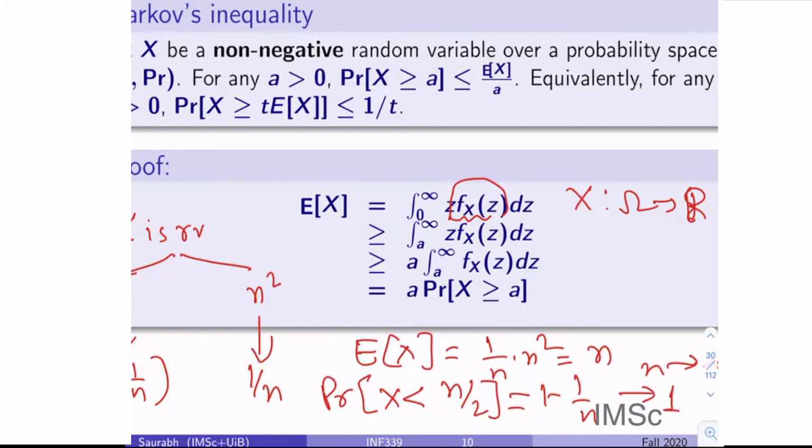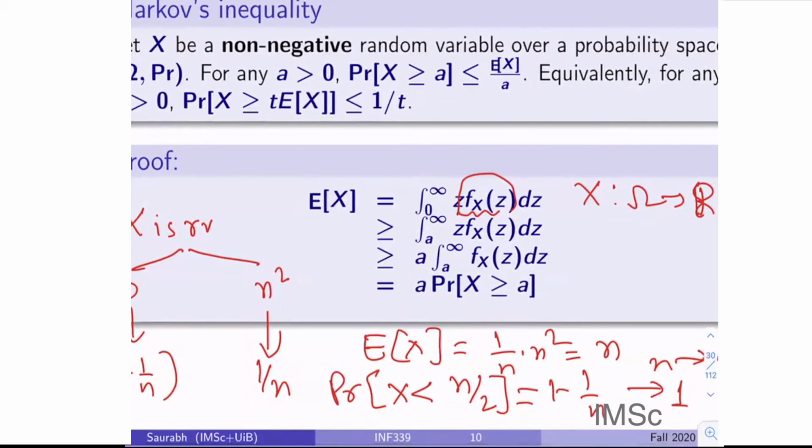So for example, in this case, if I said, okay, fine, here is my mean, here is my n by 2, here is my 3n by 2, and I ask, can I bound this and this with some minuscule quantity of probability? The answer is no, right? Because for this example, 1 minus 1 by n is here. So it's close to 1.